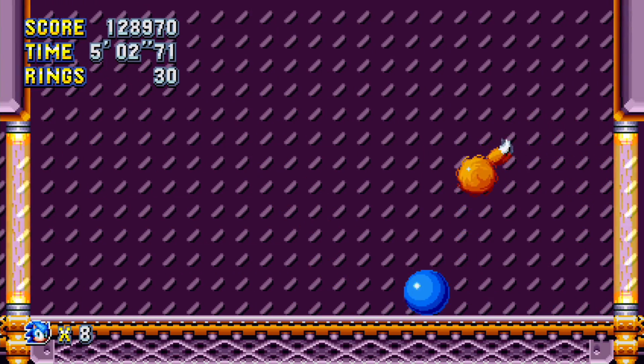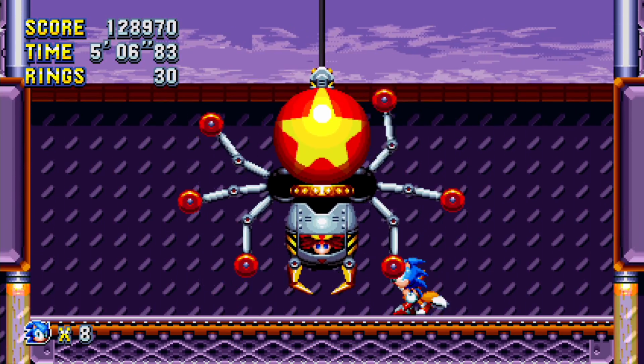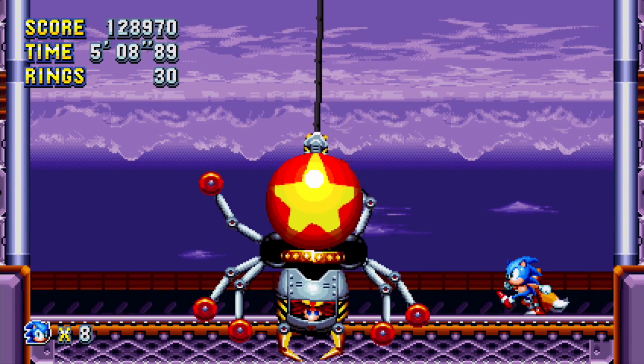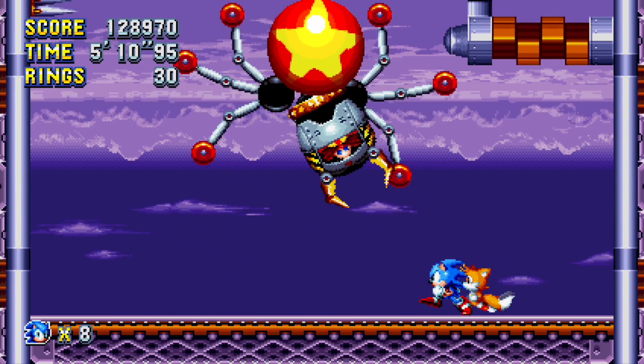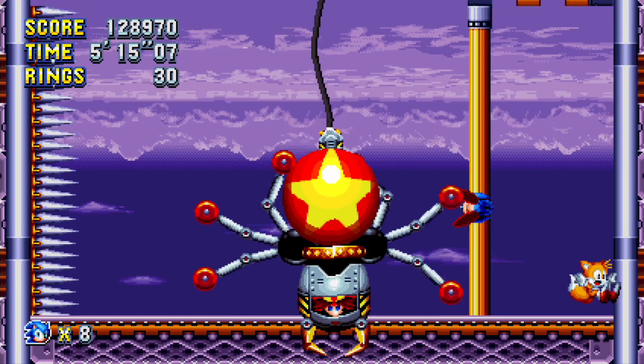Speaking of bosses, here we go. Oh, it's this one. Yeah, this boss is interesting. It's like this weird spider creature, and it's actually not that deadly at all, but the way you attack it is sort of strange. So what you want to do is grab onto these things and sort of like,